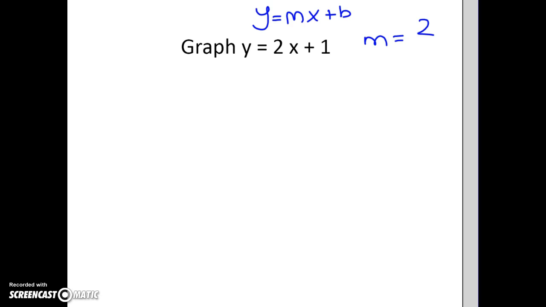How can I turn a whole number into a fraction? I can put it over 1. Now it is a fraction. And my b is this plus number. Okay, so my b equals 1. Now we're going to remember that slope is the same as rise over run. So the rise over the run is equal to 2 over 1. So I'm going to want to rise 2 and run 1. Let's actually pull up a coordinate plane and look at